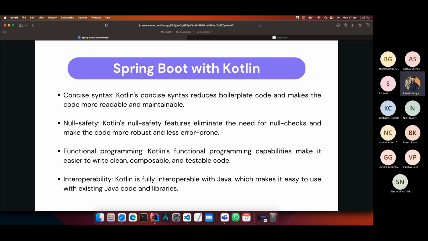Because Spring is excellent in Java. Why do we need this in Kotlin? So these things you already know. It's a concise syntax. Kotlin's concise syntax reduces boilerplate code and makes the code more readable and maintainable. I believe all of you are familiar with Kotlin, so you can understand these things even without more